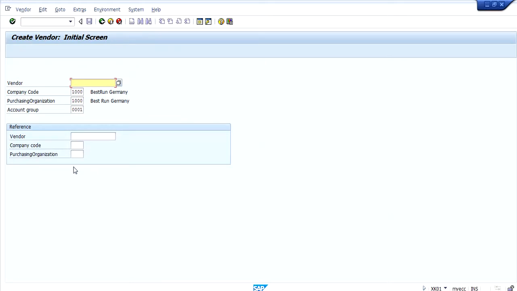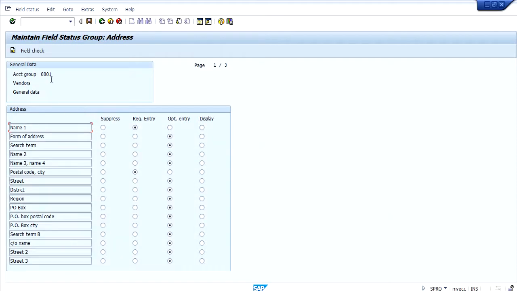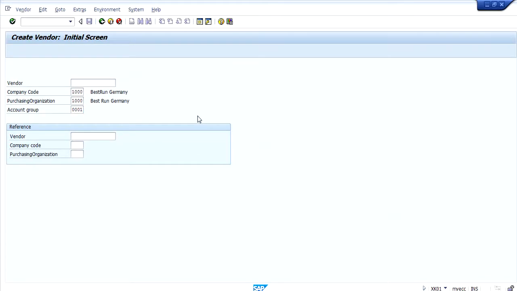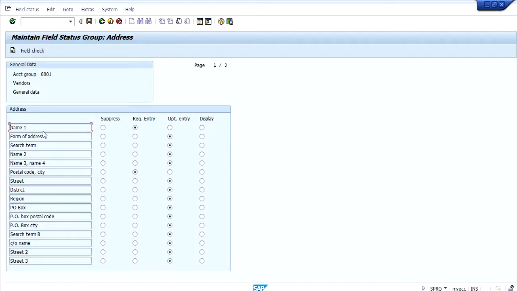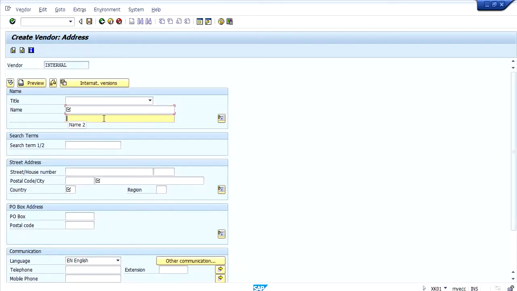So I am creating a vendor with company code, purchase organization, and account group 0001, which we are currently seeing here. Now if I click on enter, then the system will ask to give the name, which is Name 1, which is a required entry, which is the reason why here it has become mandatory.